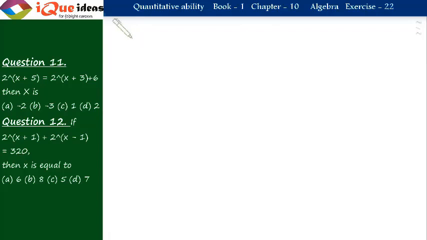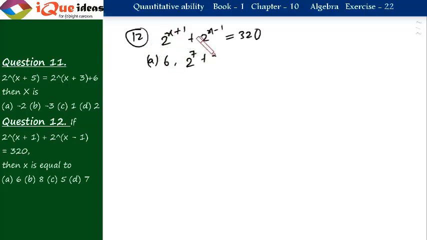Now the next question is similar to the first one, the 11th one. For the 12th question, you can still apply the same thing. You can use the options, put the options and check. It is 2 raised to the power x plus 1 plus 2 raised to the power x minus 1, that is equal to 320. If I take the first option, A, 6, I put 6 in the question, you'll get 2 raised to the power 7 plus 2 raised to the power 5, that is equal to